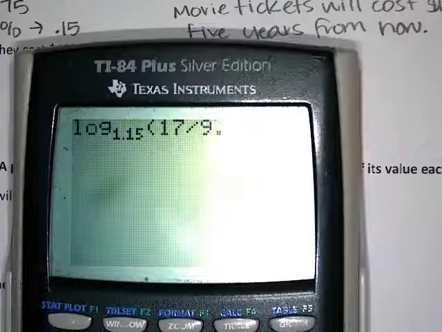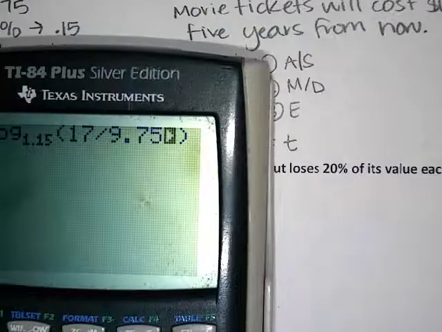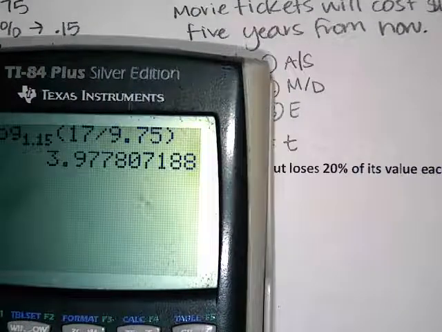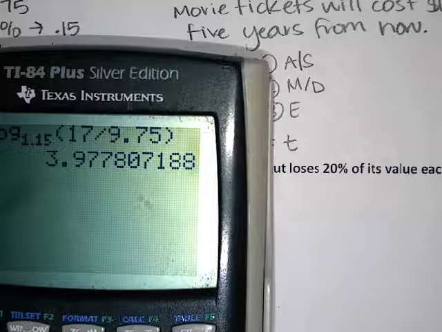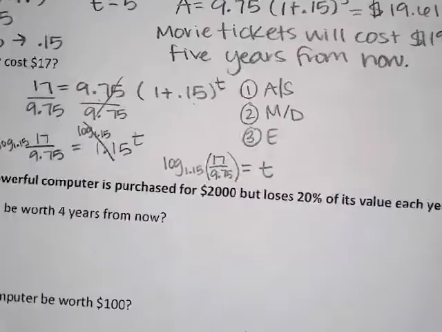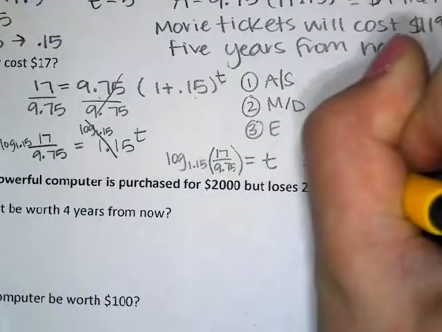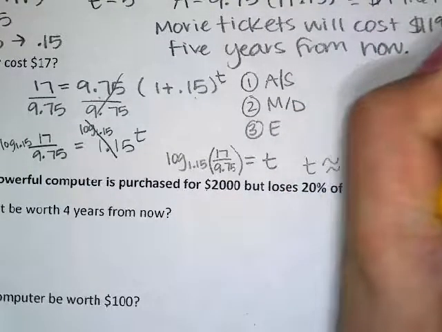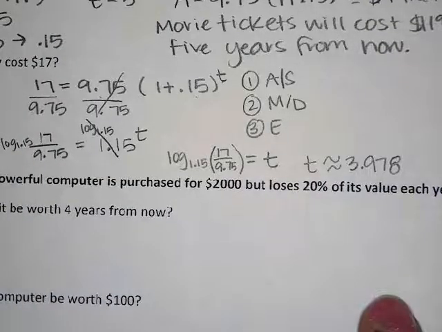Okay. So t is approximately 3.978. 3.978 years, yeah. So we're going to say the movie tickets will cost